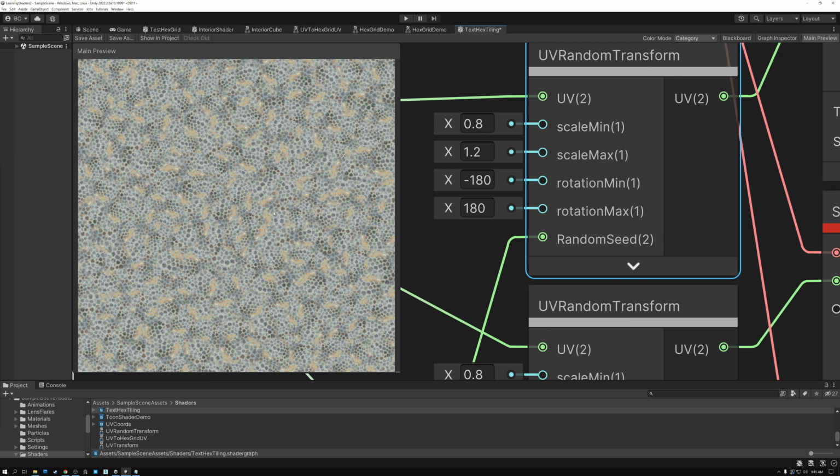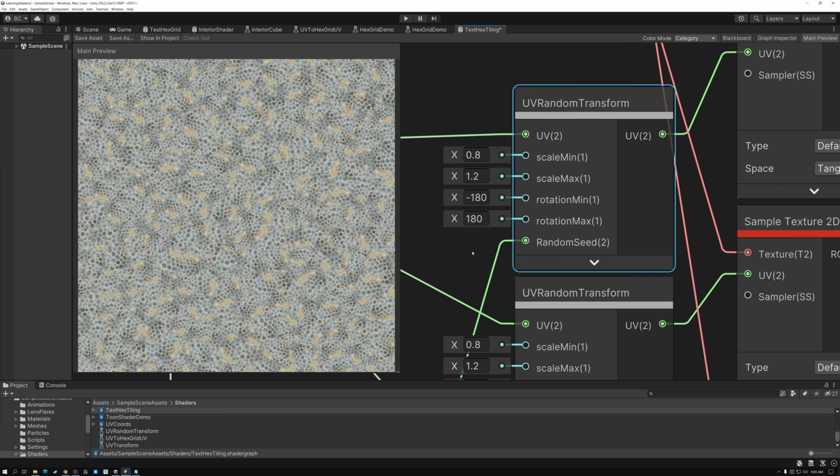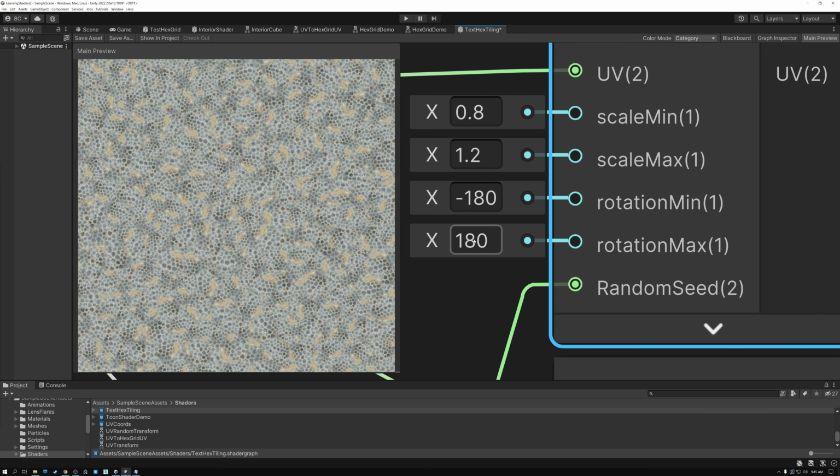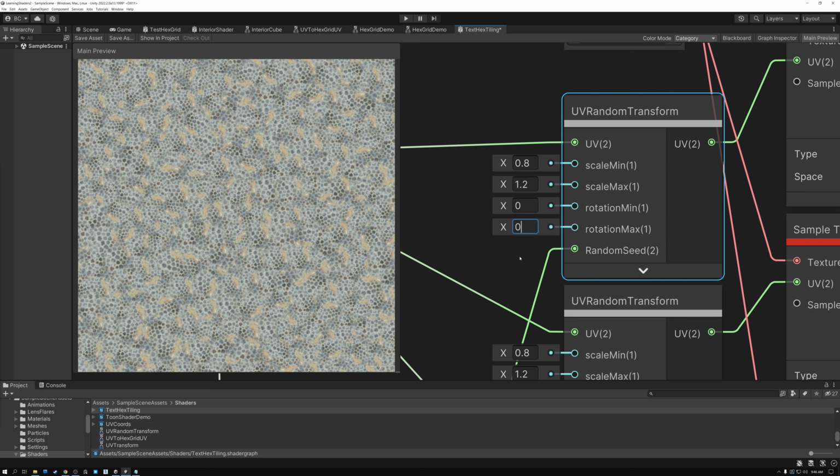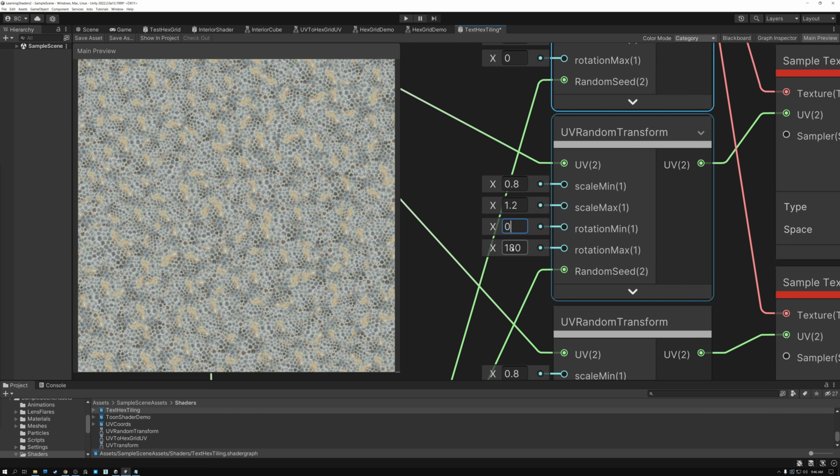So if you want to do this with normals, you can either set your rotation min and max to 0, or you can edit your random or your UV random transform node to not do rotation so that you're not rotating your normal maps. Let's just take a look really quick and see what that looks like. If we turn off rotation,